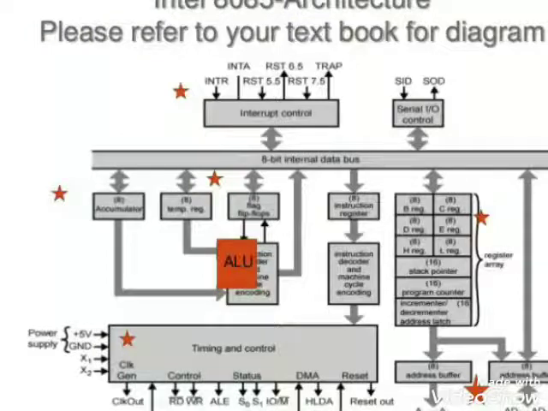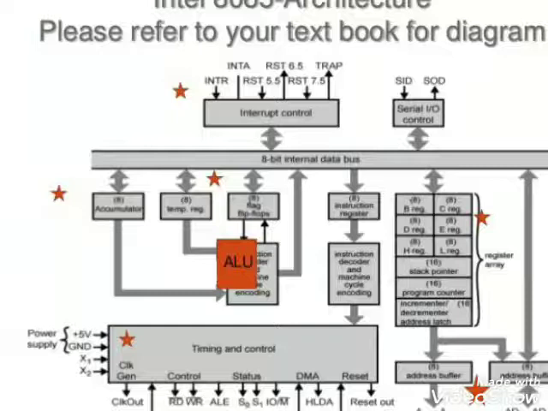Timing and control unit group. It consists of the instruction register. It is an 8-bit register. When an instruction is fetched from the memory, it is loaded in the instruction register. It holds the opcode of an instruction. Instruction decoder. It gets the instruction from the instruction register and decodes the instruction. It identifies the instruction to be performed. It generates the various machine cycles depending on the instruction. The machine cycles are then given to the timing and control unit.